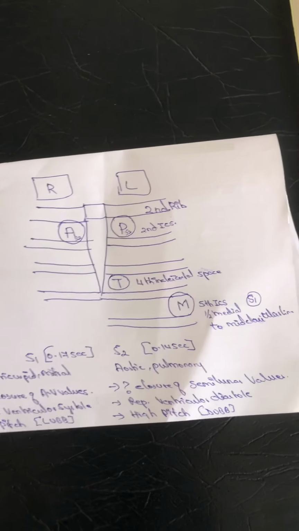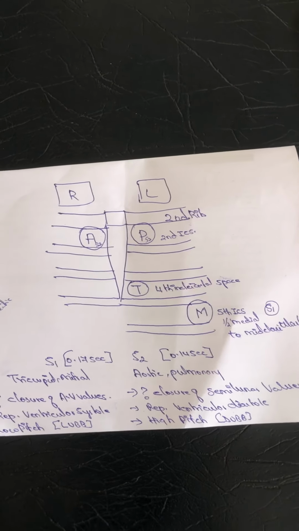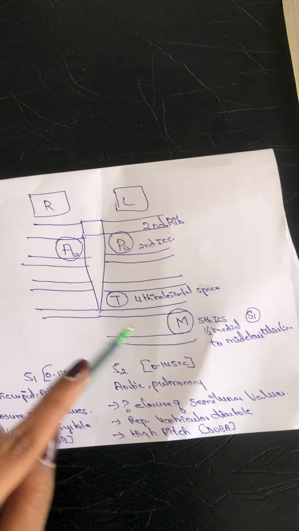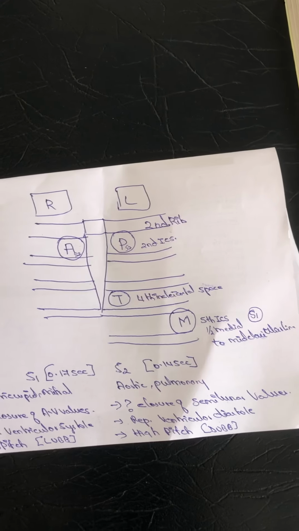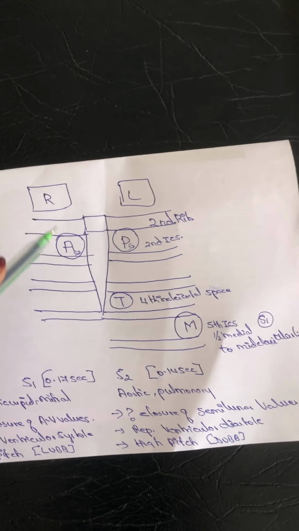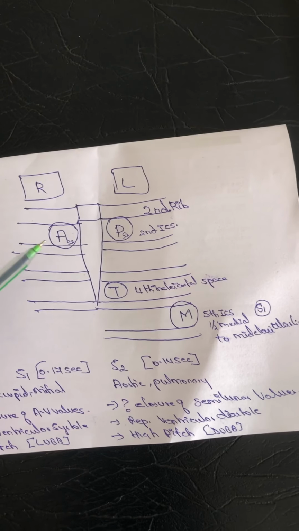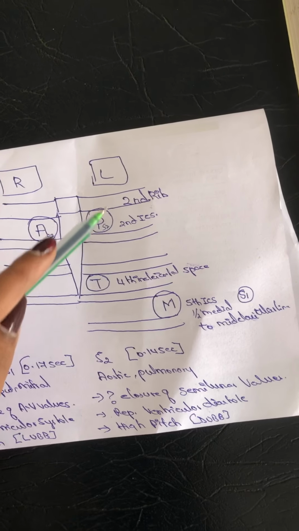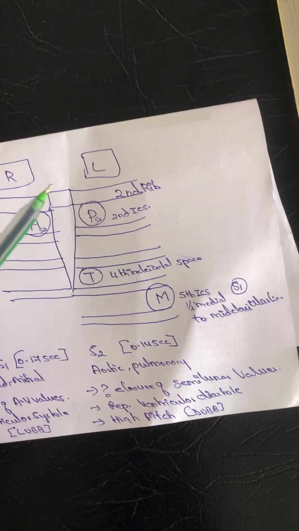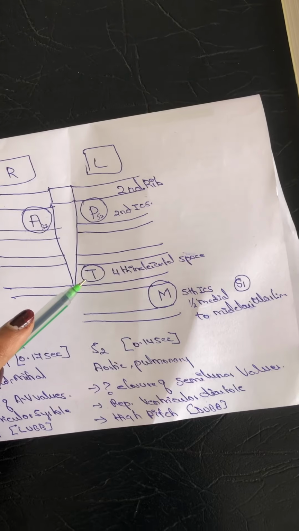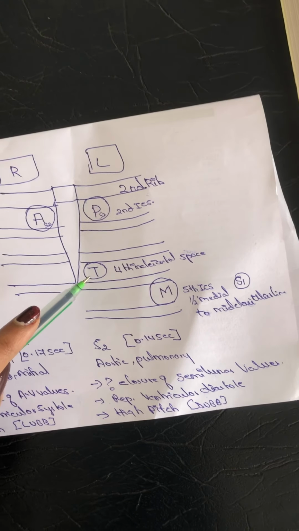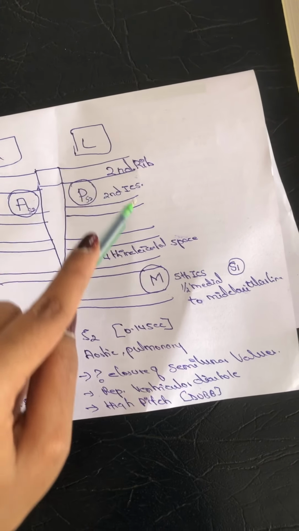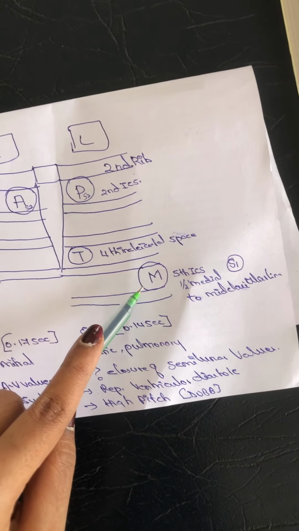Auscultation of the heart sounds. So we are going to auscultate the heart sounds in 4 regions. First region is the aortic region, second one is the pulmonary, third is the tricuspid, and fourth is the mitral region. So aortic region is heard over the second intercostal space. In the right second intercostal space, you can hear the aortic sound. In the left second intercostal space, you hear the pulmonary sound. In the fourth intercostal space, in the left side, you hear the tricuspid sound, and in the fifth intercostal space, half an inch medial to the mid-clavicular line comes the mitral area.